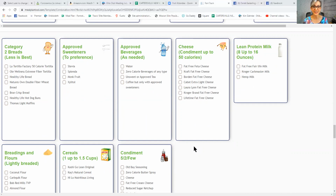Now, there's over 60 approved breads or bread type items in the food category. Now, one of my favorites is the Sara Lee 45 calorie delightful. I like the multigrain flavor. You could also use, I like the Olay Extreme Wellness High Fiber Tortilla, which is on this list. You could also do the La Tortilla Factory 50 calorie tortilla, Healthy Life bread, Nature's Own double fiber wheat bread,